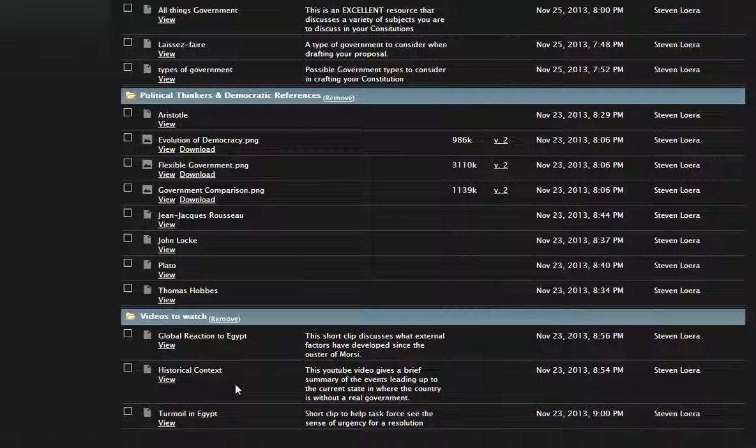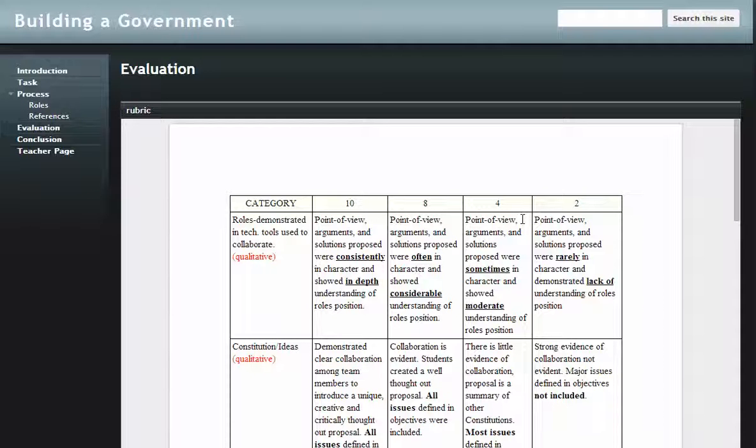The other websites and references that I've included for them personally are to get them to become their role. And this is just background information that they're going to be using when they're drafting their Constitution. Now, the evaluation page,